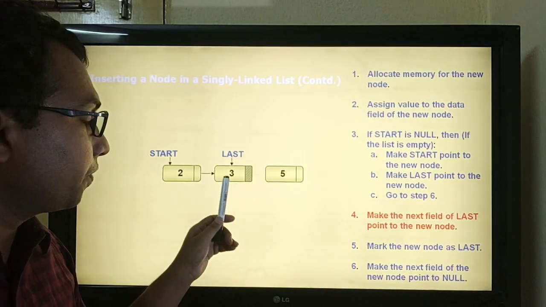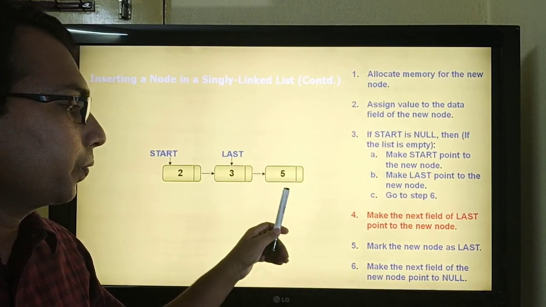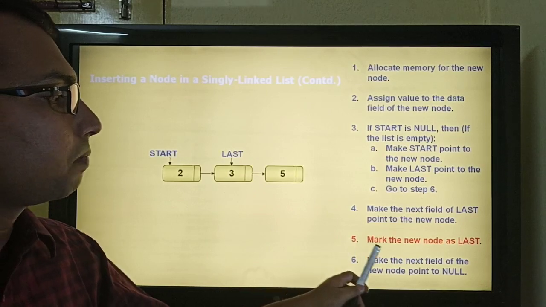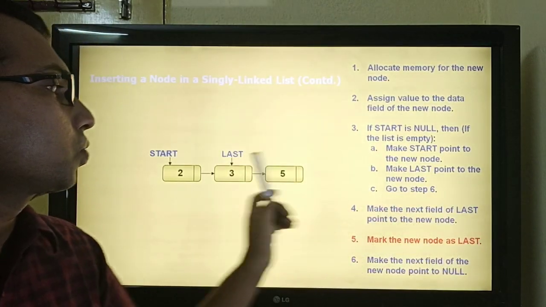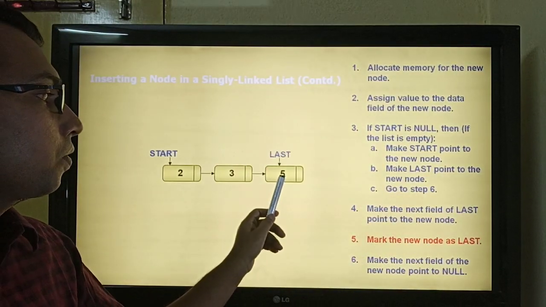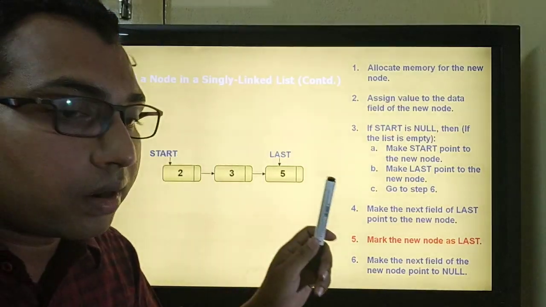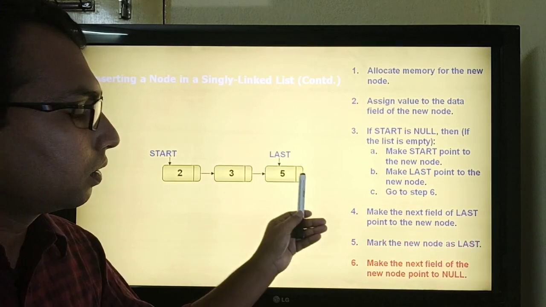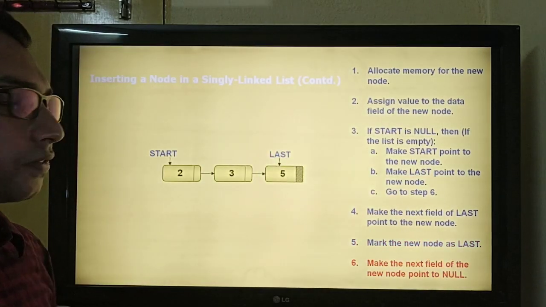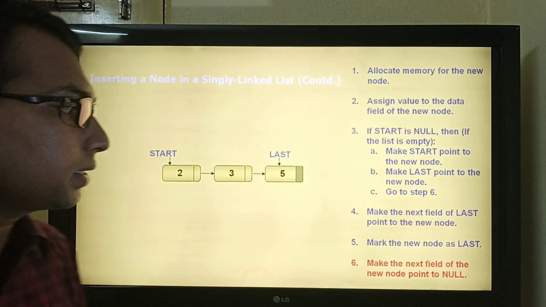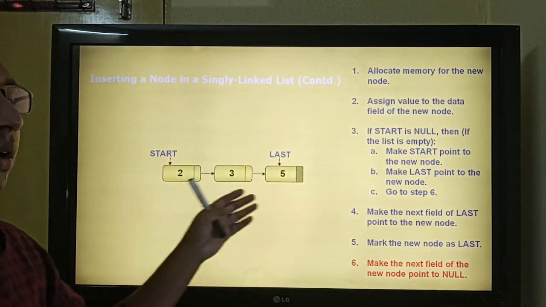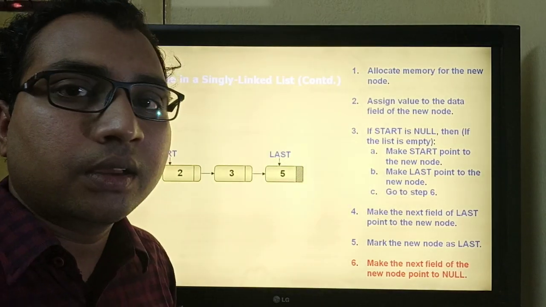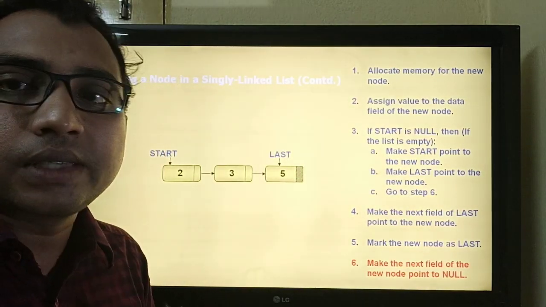Hence, it will directly point to the new node. And then step number 5 marks the new node as the last node. So last will move to 5 to maintain the end of the list. And after that, we make the next part of the new node null to end the list. So this was the algorithm to insert an element at the end of a singly linked list.